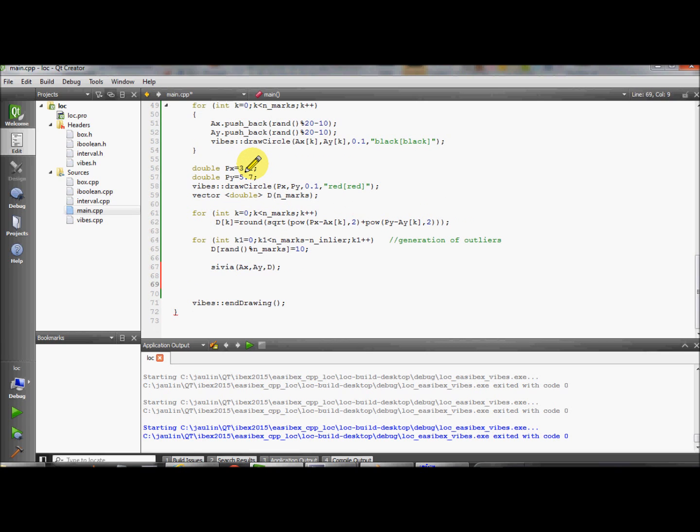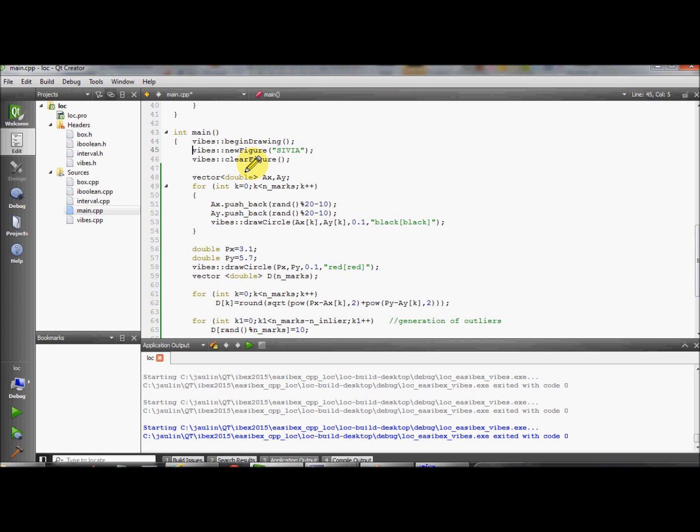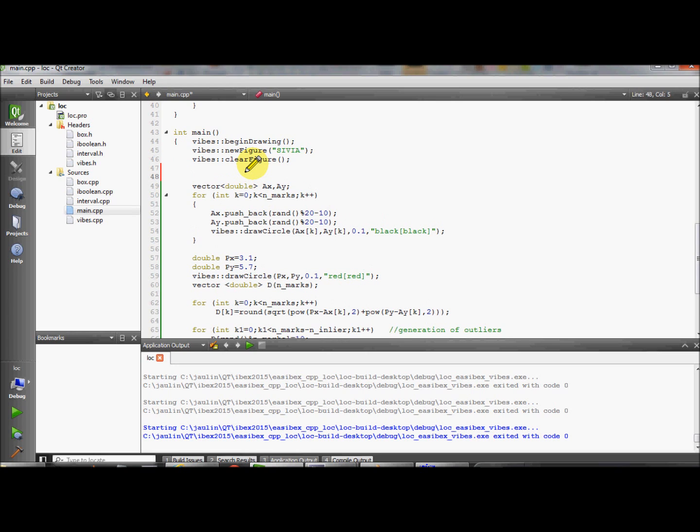Okay, so the number of inliers does not move anymore. And I will build moving marks, to make a moving target. So here I will make a vector of double,